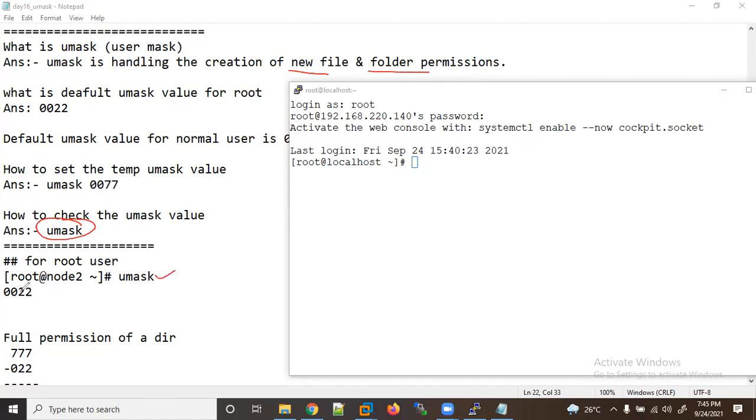I have run the umask command, and here you will find 0022. So what is the meaning of that? We will understand. Today I will discuss these three digits. We'll discuss the next lecture later. Right now, if you check as root, let me show you here on the terminal. Let me type umask, and you will get 0022. That you need to remember.